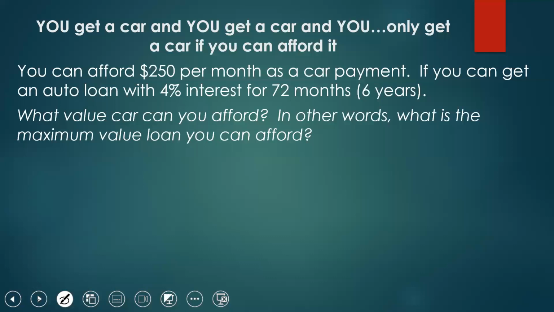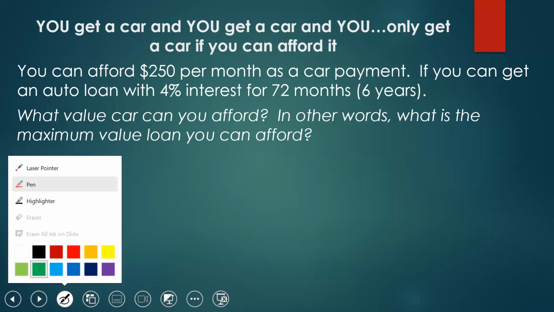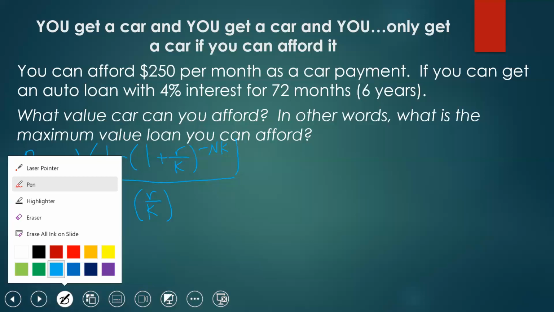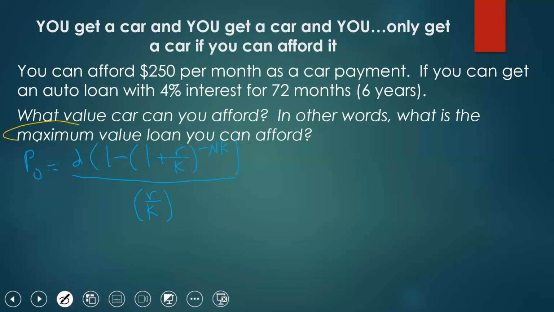So we're going to start with the part about figuring out the amount you can borrow based on the given information. And as we do this, let's recall that our formula in this case is that P sub 0 equals D parentheses 1 minus parentheses 1 plus R over K to the negative N times Kth power, all divided by R over K. And since we're asked about the value of the loan that we can afford, or what the maximum loan value is, that tells us we're looking for this value here, this P sub 0, because that stands